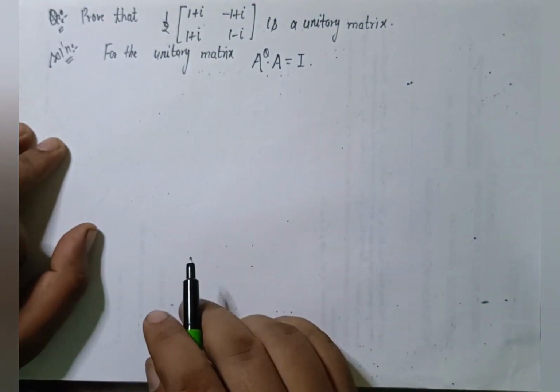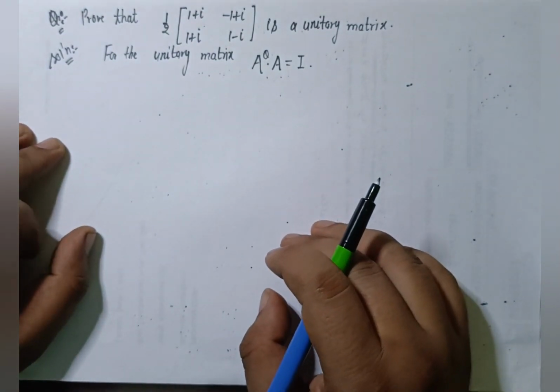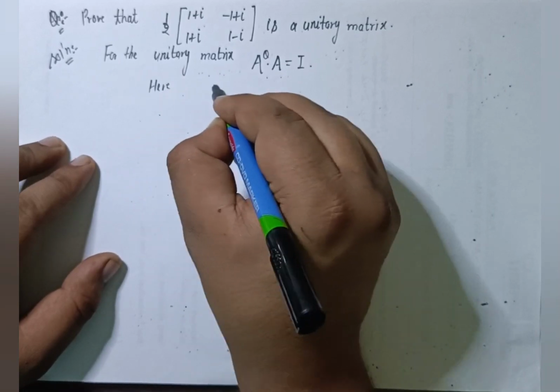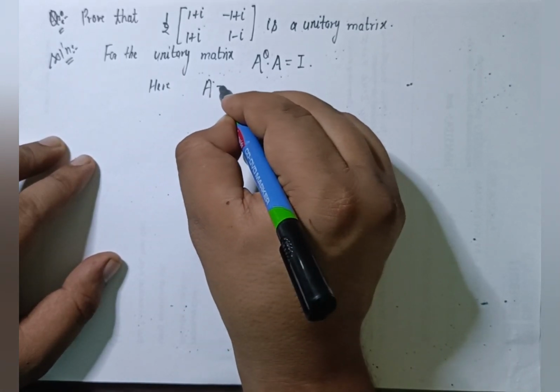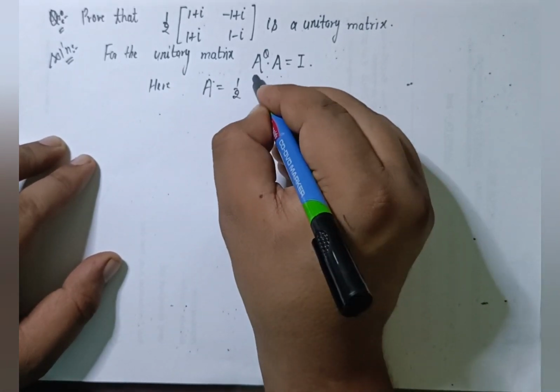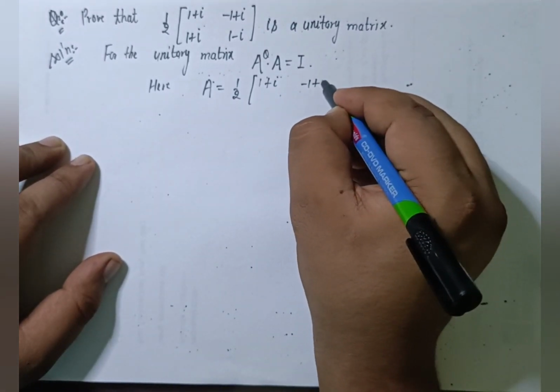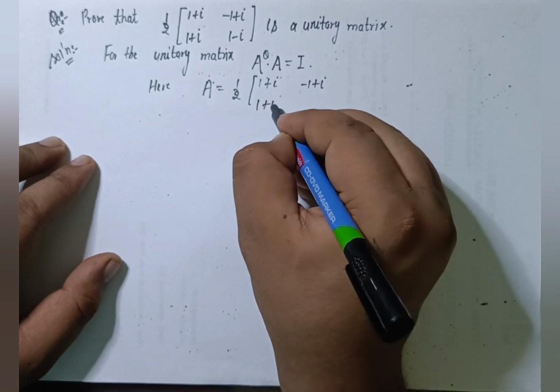If A is the unitary matrix, then we should satisfy it. Okay. So here the given matrix A is equal to 1 by 2, 1 plus iota, minus 1 plus iota, 1 plus iota,